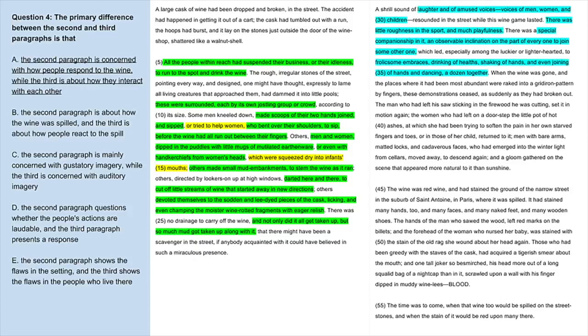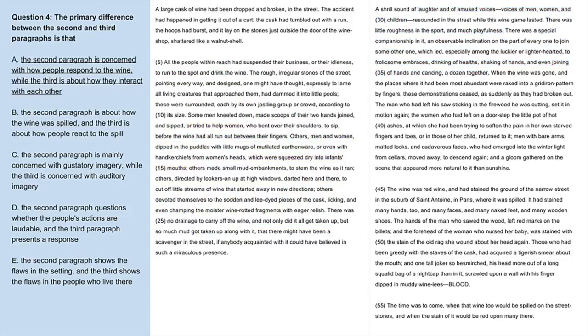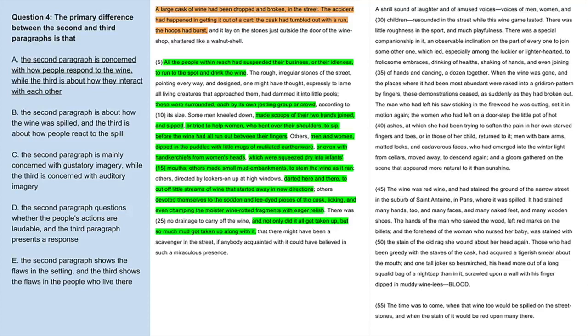So A is a very good answer. B, the second paragraph is about how the wine was spilled, and the third is about how people react to the spilled wine. No, this isn't true. We hear about how the wine was spilled in the first paragraph, and we have reactions in the second paragraph,